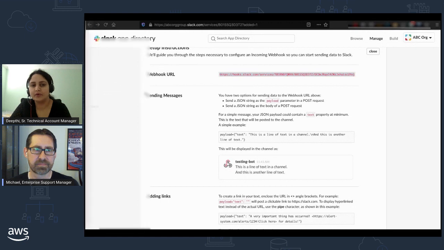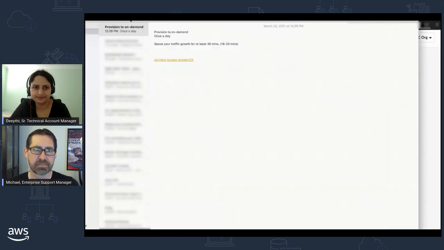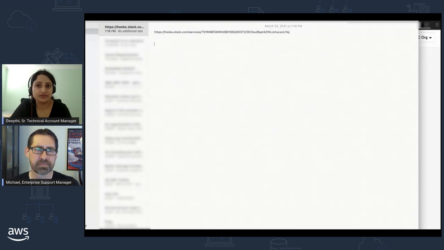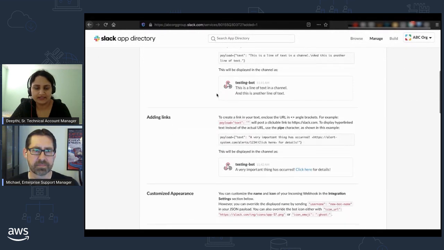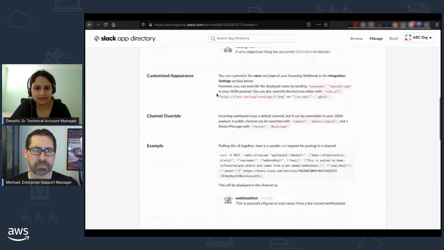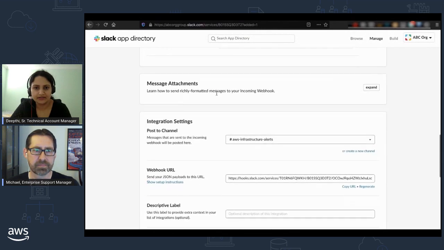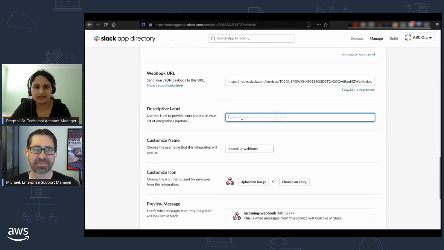So I'll copy this webhook URL into my notepad, because I need this as an input for my CloudFormation template that I'm going to install later. Webhook URL, save. All right, now scrolling down, I can give this a name probably. Yeah, a descriptive label.